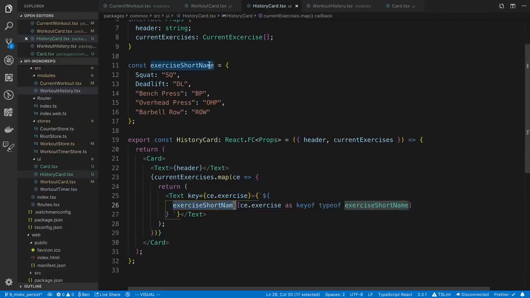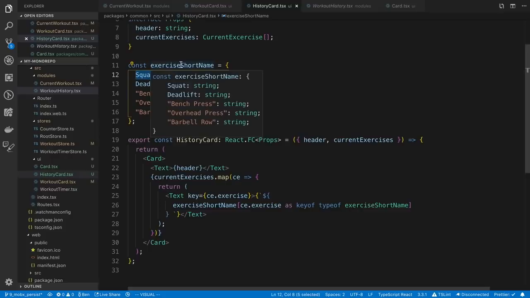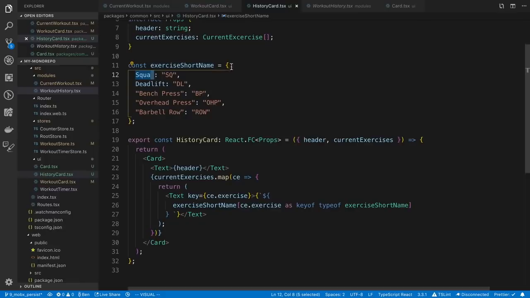We created a map right here, which maps squat here, deadlift here, bench here, right? And if I hover over the type, you'll notice it says these are the only keys available. So I can't just pass a string as the key. I have to pass a key of one of these things. So the way I can do that is I can say type of this, and then the key of means